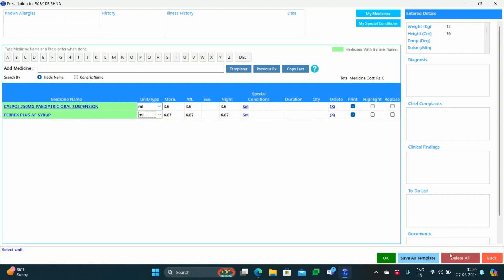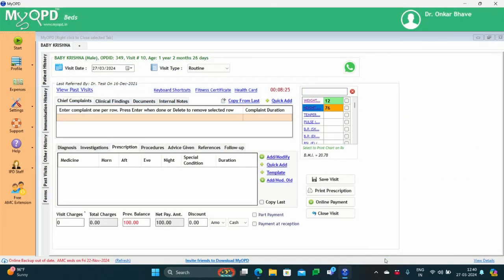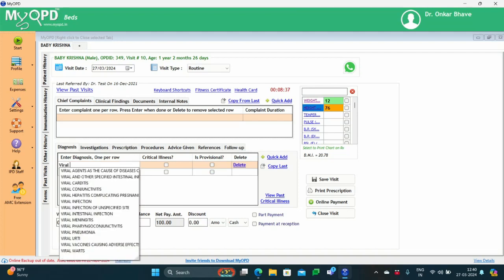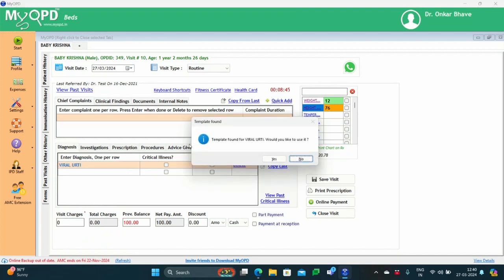Another way is, let me just show you. That is the quickest way, which is that you can create a template of medicines which you need to use repeatedly. For example, there is something like this. You can create templates and you can link them with a diagnosis. I have created a template for this, so I will see a message asking whether I want to use that template. If I click on yes,